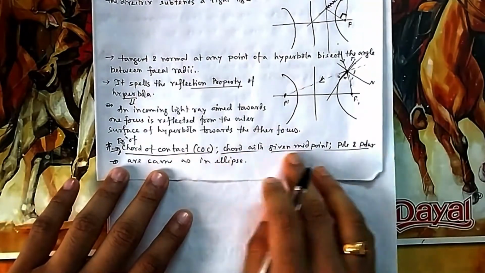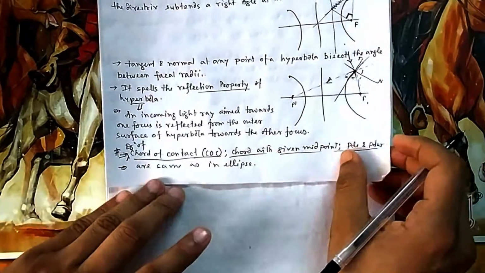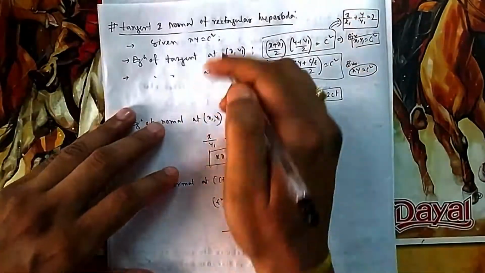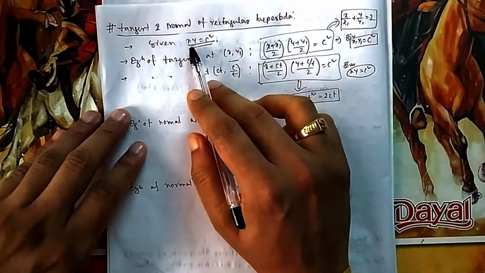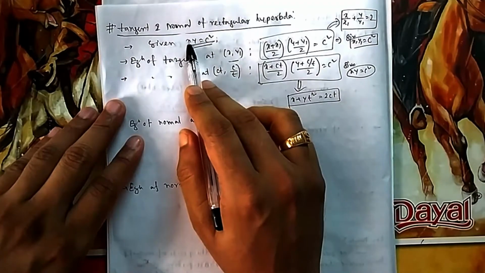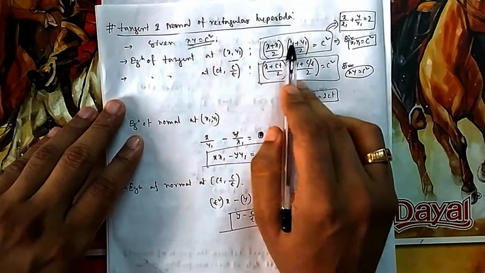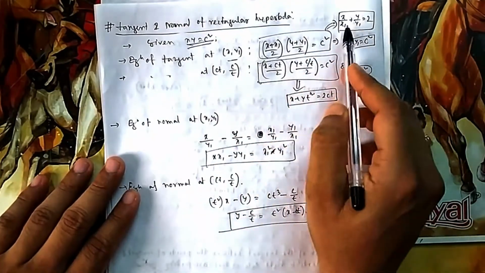Equation of chord of contact, chord with given midpoint, pole, polar, all are the same as in ellipse, so I am not going to explain that. Now if you want to find the equation of tangent and normal in case of rectangular hyperbola, this is your rectangular hyperbola given. So equation of tangent at this point, again you have to write it as S1. How will you write it? Because it is not now x square, it is x. So you can make it 2x by 2, so x plus x1 divided by 2, and y, 2y by 2. The way we have converted simple x, simple y. So if you simplify it will look like this.